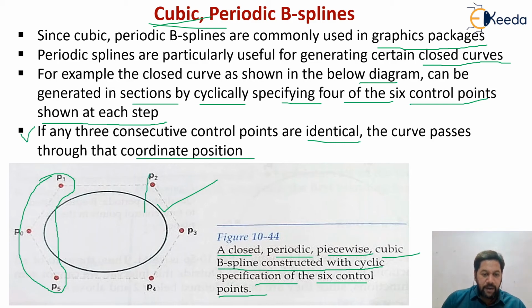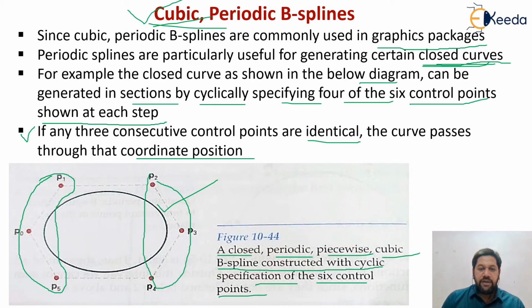And here also I have these 3 control points, so automatically I get the shape of the B-spline curve, which is a closed curve. So I am getting this shape of the B-spline curve, and that is shown in this particular diagram. It indicates the closed periodic piecewise cubic spline curve. So that is what we can achieve. We can achieve this type of shape in the B-spline curve more easily as compared to the Bezier curve. That's why we have discussed this particular point of the uniform periodic B-spline curve as well as